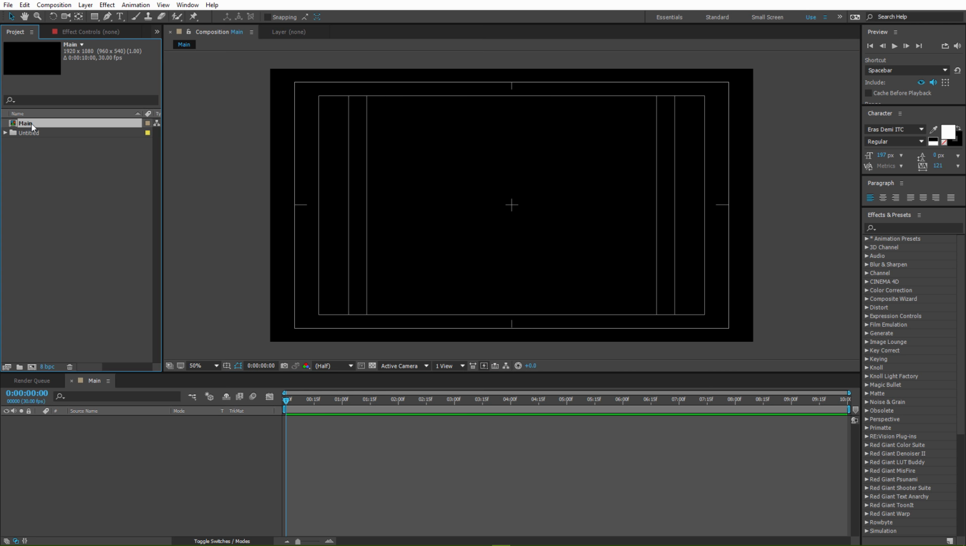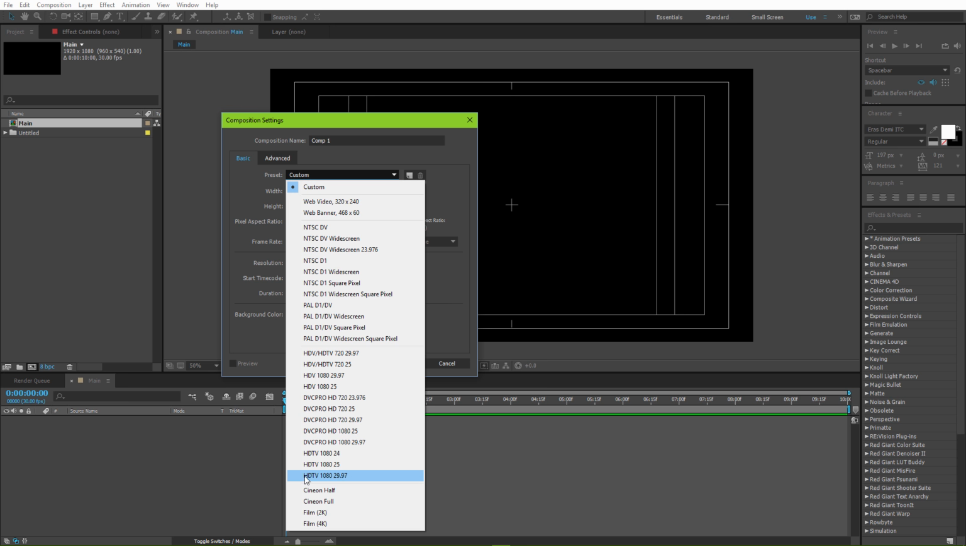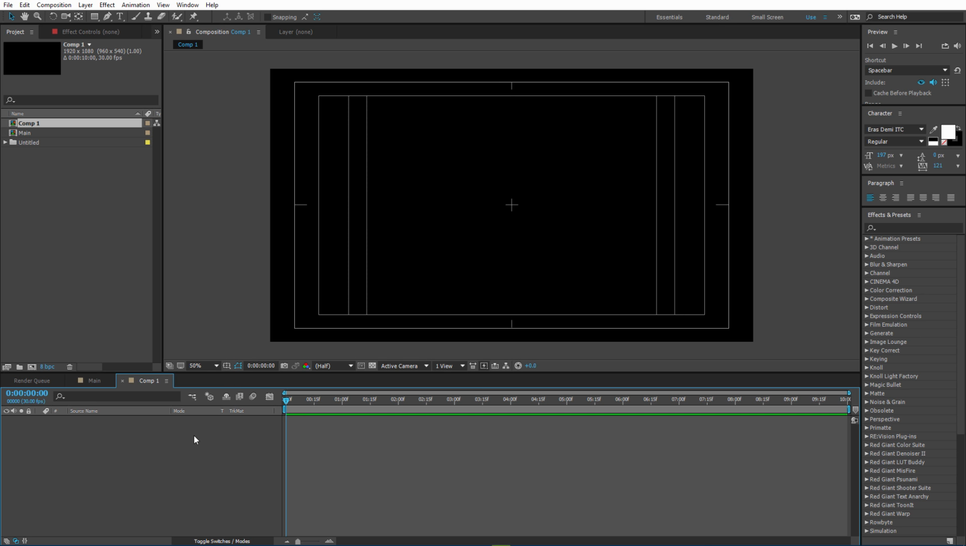So here I have my composition already made, 1920 by 1080. So start with creating a new composition, name it main or however you like to name it. I use 30 frames per second, 10 seconds long, 1920 by 1080. Or you can use a preset that I usually use, which is high definition TV 1080 29.97 frames, and click OK. So we now need a